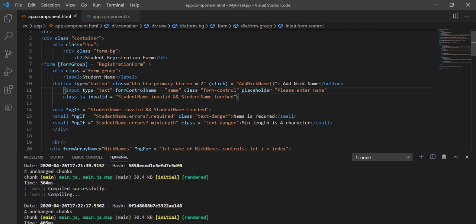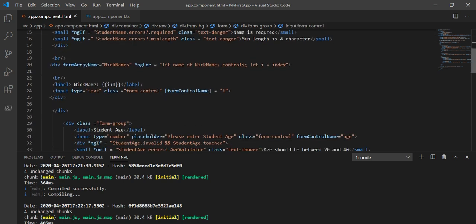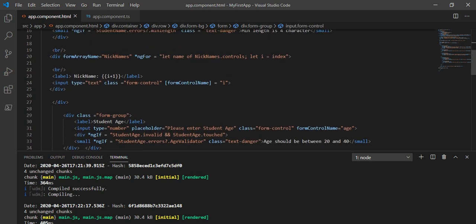After adding this button, we have made one for loop. This for loop is basically taking the nickname controls, and over these controls it is adding the input text, and we have taken one label like nickname 1, nickname 2, so it will give the name. And for the form control name we have taken i, because it will be unique. So let's save it and see in the browser.